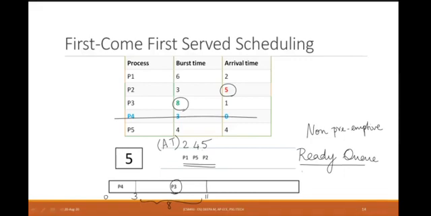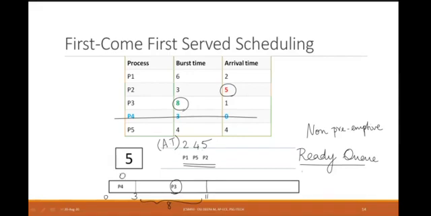Yes, anyone wants to show your diagram? Or just type in if you have completed. Any doubts? Anyone has a doubt? We'll still see how we can explain it better.